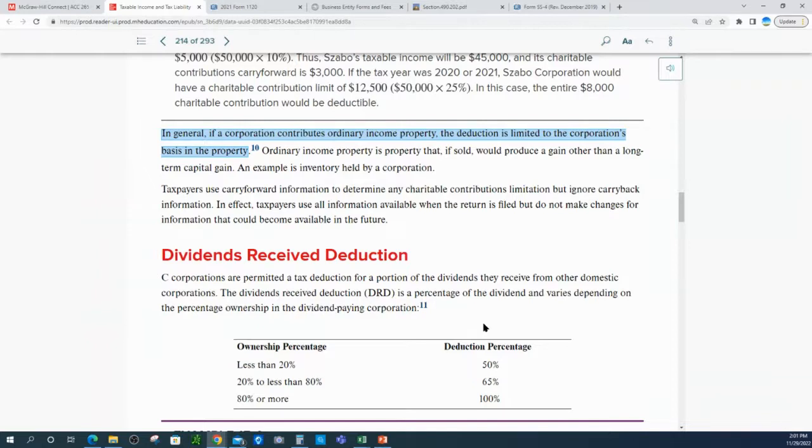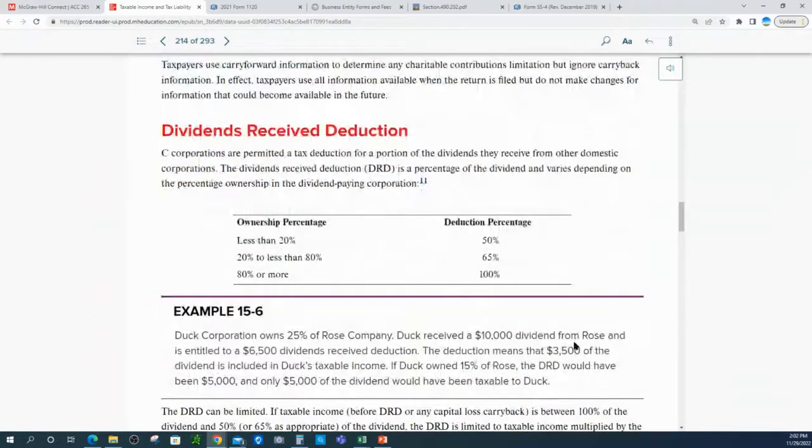They are taxable to the shareholder and they are taxable to the company. So they're taxed twice. In order to address that, at least a little bit, they have this dividends received deduction, which means that corporations that receive dividends will, depending upon their ownership percentage, get a deduction